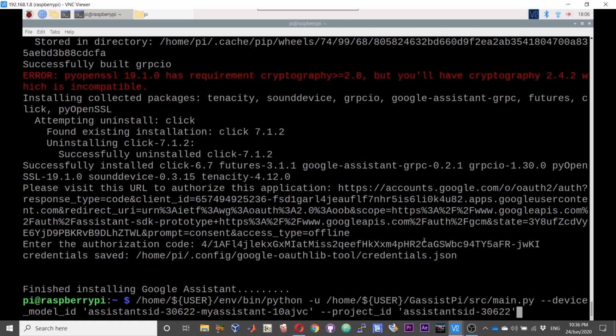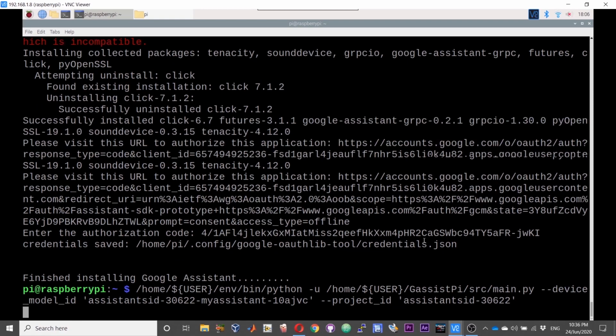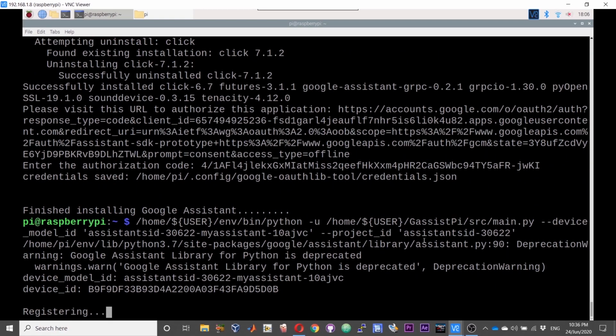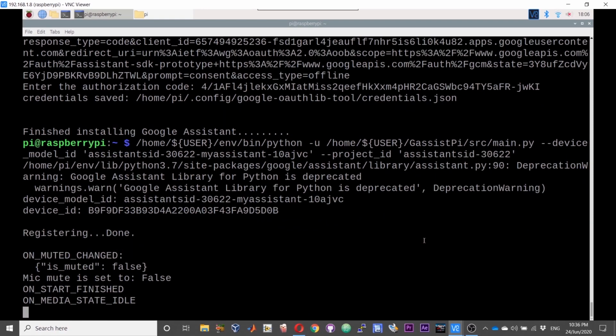And now press enter. You should get a startup tone followed by a hi, which means that the Google Assistant has booted. So now we can start making queries.